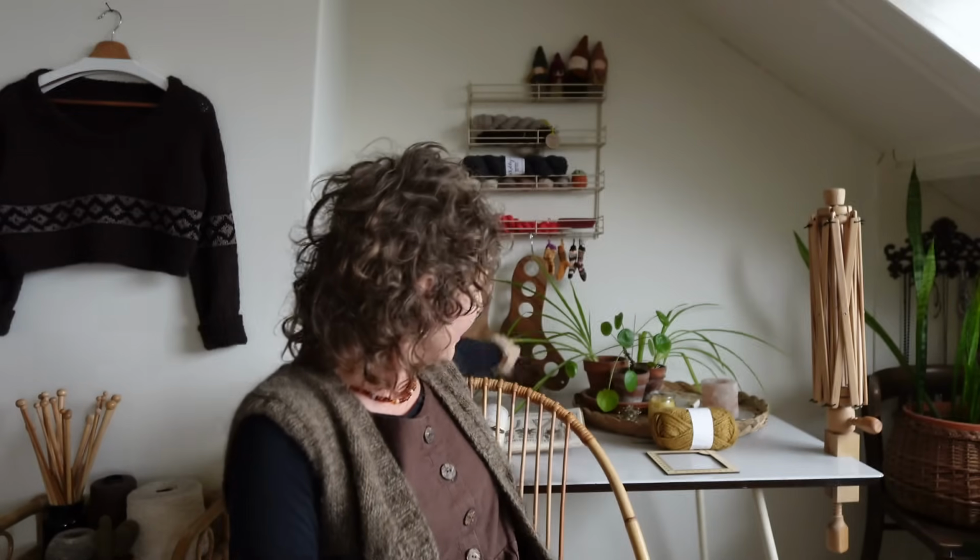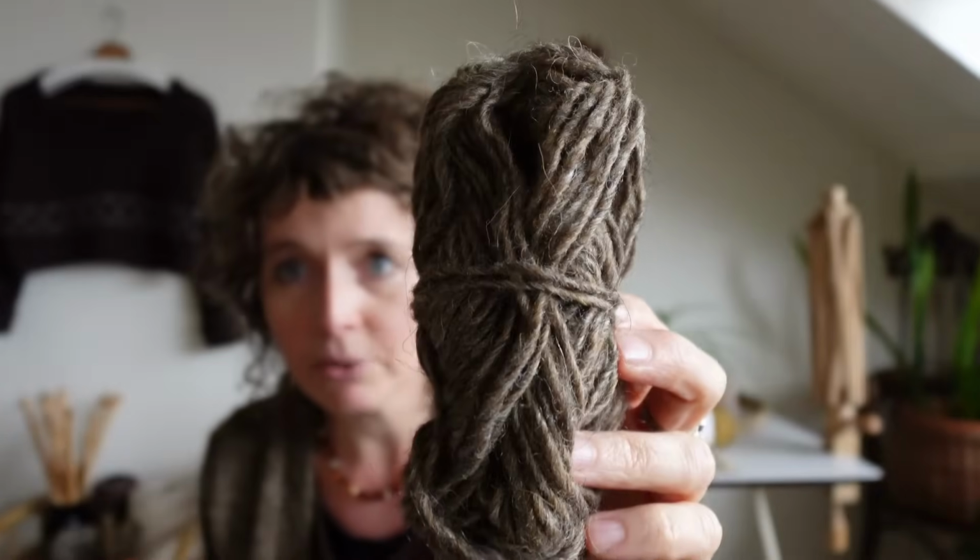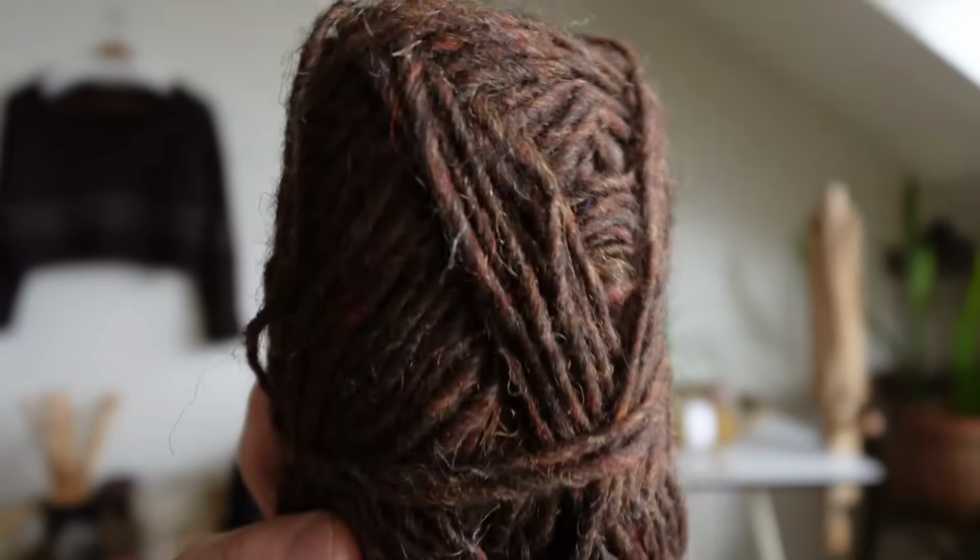The yarn I used, I did choose Let Lopi, as I said, and I was searching through my big box filled with all the random Let Lopi yarn balls, and I chose as a main color the color Murky. It's a bit of a grayish brown, and it was actually my plan to combine it with black, so you had quite some hard contrast, black and brown. I think I shared this before. But then I found my chocolate Let Lopi,